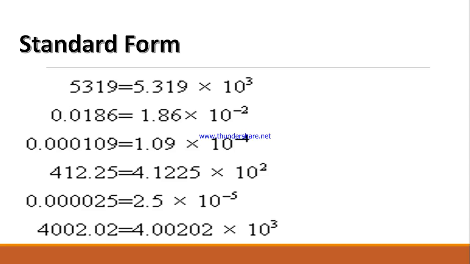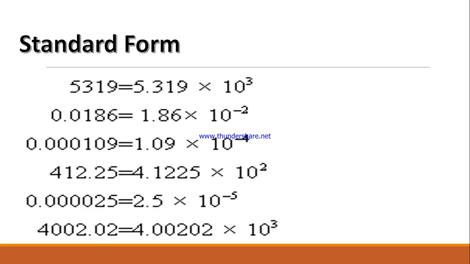Standard form. Yeah, this is some more math here. The idea behind standard form is to write things in scientific notation. That is, we want one figure before the decimal point. And so, in the case of 5319, we put the decimal point after the 5, and then we need to determine how many places we need to move this decimal point, and in what direction, to get it back to the original figure. So in this case, we're moving it 3 places to the right, and so it's going to end up with a positive power. So it ends up with 5.319